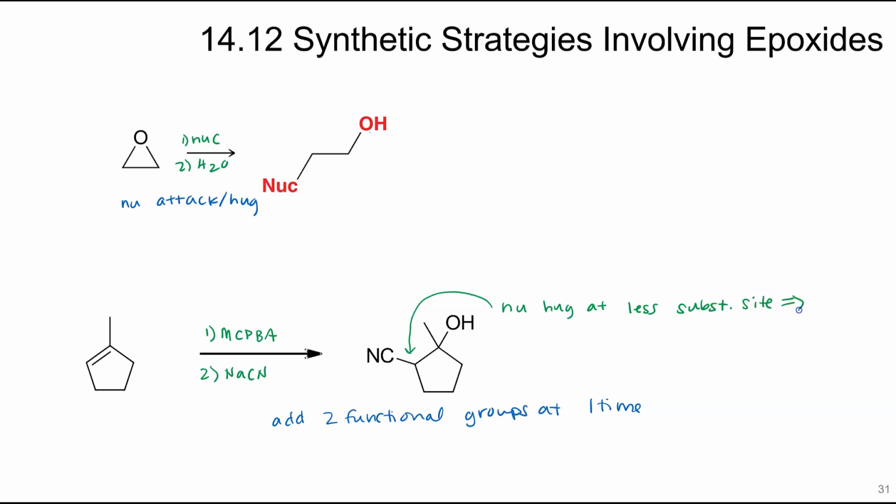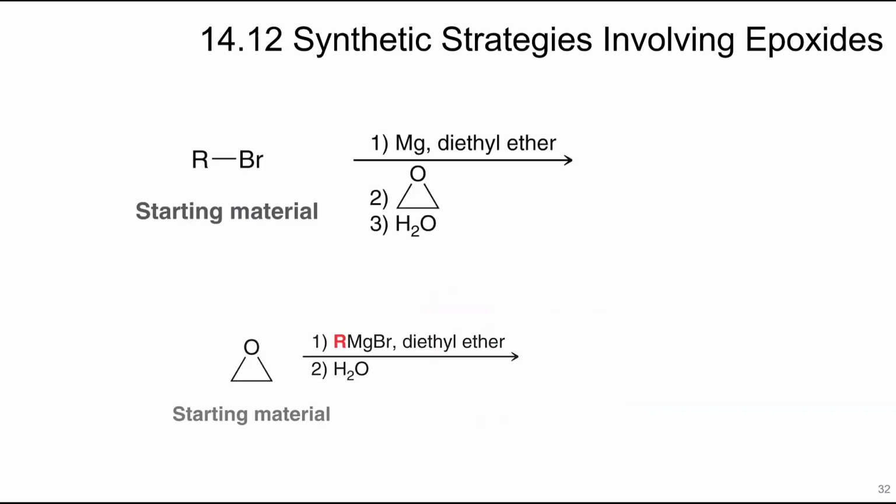So if that occurs, we know he needs to be under basic conditions. So we'd want to use NaCN to have the CN- versus something like HCN, and that will bring the alcohol to the other side. If you're trying to do a series of reactions, we can do that as well using